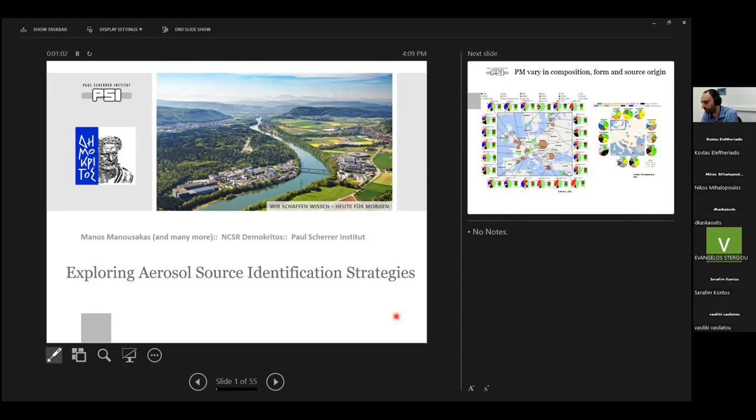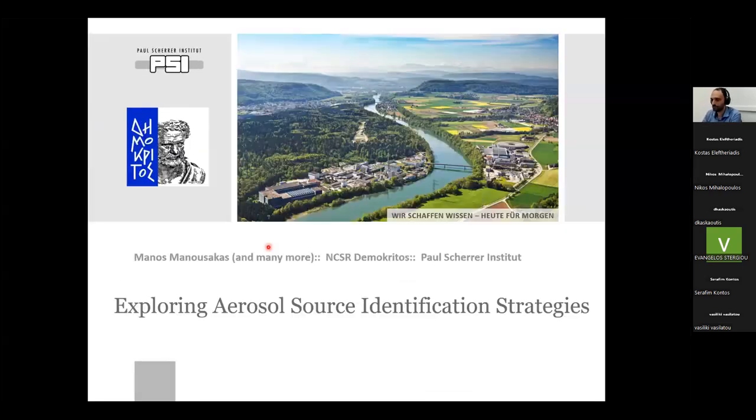A small interruption. Okay. Yes. Manos, small interruption. Maybe in the display settings you can choose to duplicate the screen so that we have your screen at full screen mode. Is it now okay? Now it is okay, I think.